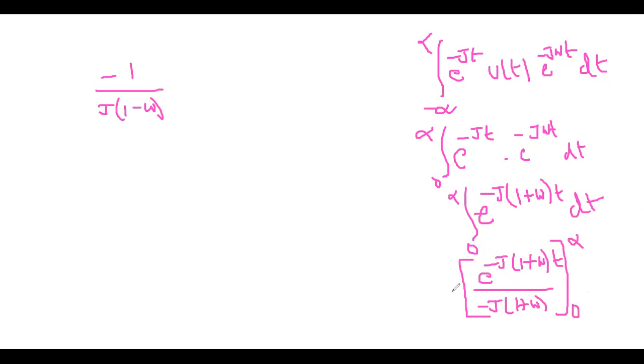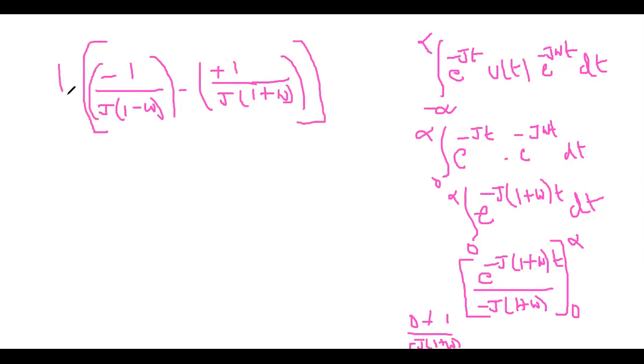Infinite you can substitute 0 minus 1 by minus j into 1 plus omega, my dear students. So you got it is a minus of minus, here the minus and minus is a plus, 1 by j into 1 plus omega. Okay. These are two terms we got,